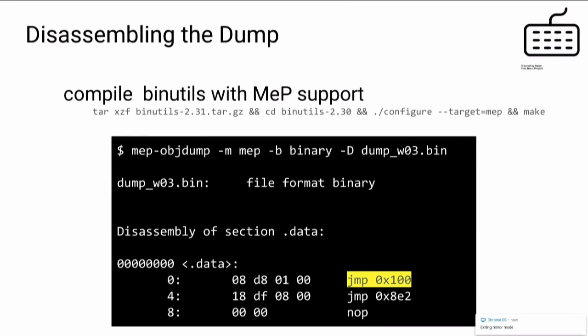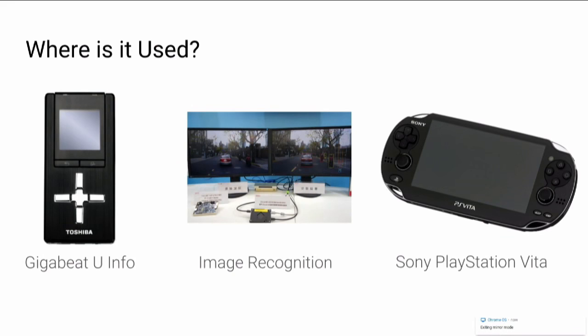At that stage of this research, I was really surprised to discover that the card is using MEP, because this CPU, at least to me, seems to be unknown to the security community. So I decided to have a look at devices that also used MEP. First I discovered, on the left, an MP3 player from Toshiba. It's not possible to buy it anymore. So okay, Toshiba is using Toshiba products. Then in the middle, I discovered that MEP is also used currently in Toshiba products.